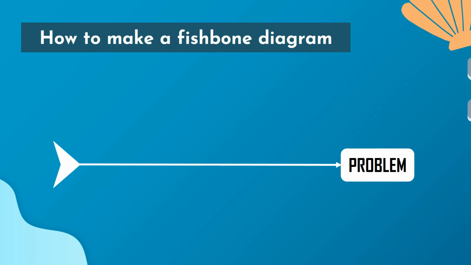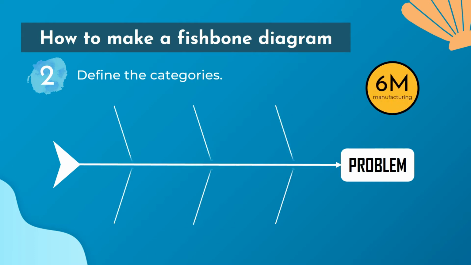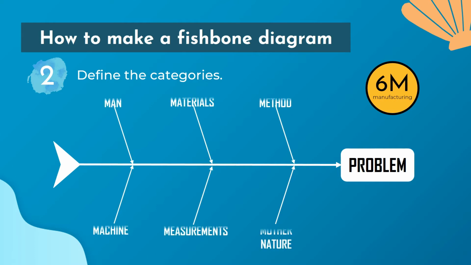The next step is to define the categories of the causes. There are common models or frameworks for the categories that vary depending on the function of the diagram. The typical model is a 6M model used in manufacturing, which divides the causes into man, which factors manpower, labor, or personnel's knowledge, skills, and experience; materials, which includes the purity, storage, and labeling of reagents, raw materials, and such; methods, which describes the factors within the operating procedures; machine, or factors within the systems, tools, or equipment used in